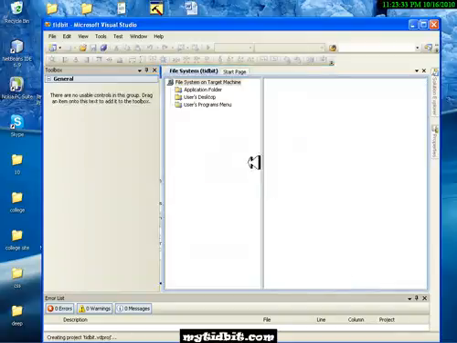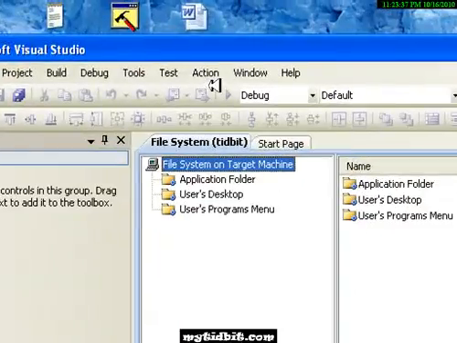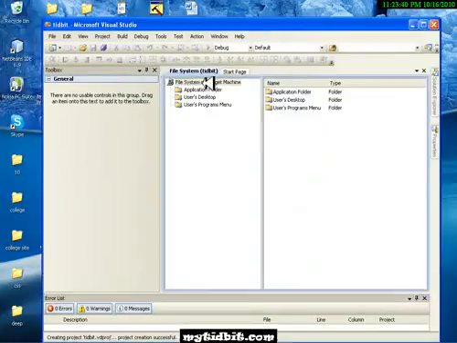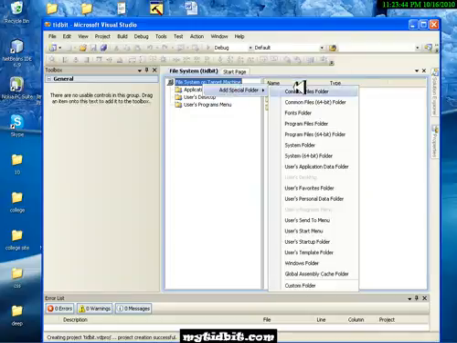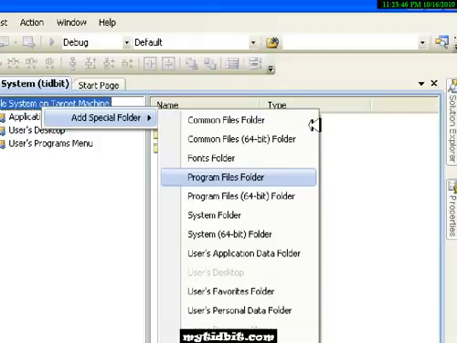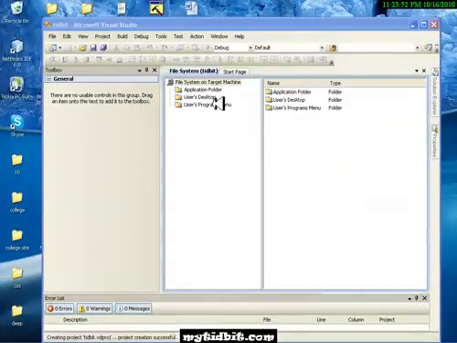So I'm just creating a setup and deployment here, and as you see, you get an option here, file system on target machine. Right click on that file system on target machine, or you can select that and go for action also. For now I'm going to select program files folder. Go for 64-bit program files folder if you have Windows 7, but I'm having Windows XP